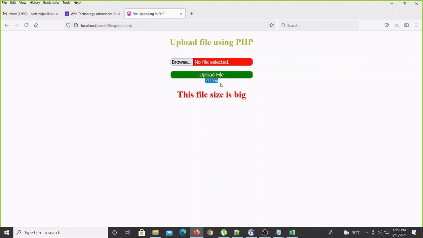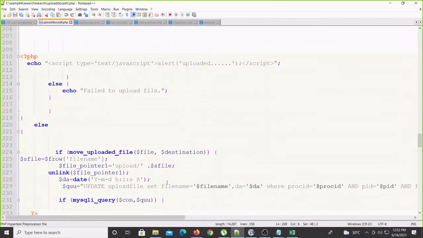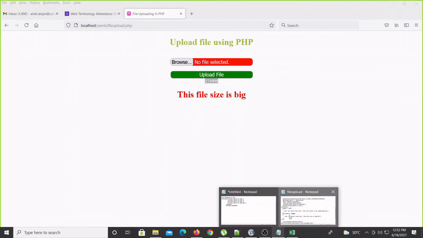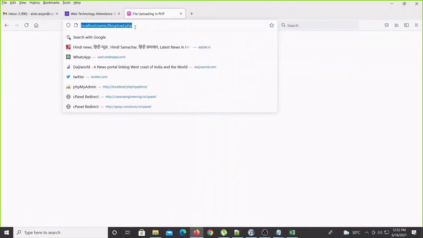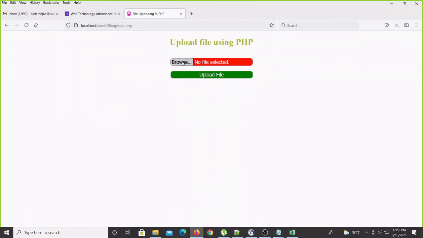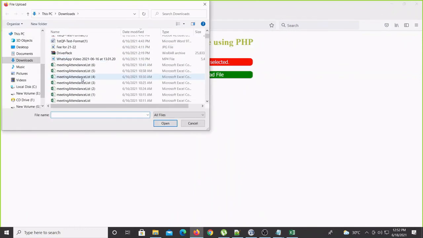Okay, whatever I gave there, it is more than that. So I'll increase the file size again. This is only 1 lakh, and that is 2 lakhs more in bytes. So I'll make here 5 lakhs. Refresh, browse, same file, we'll check.